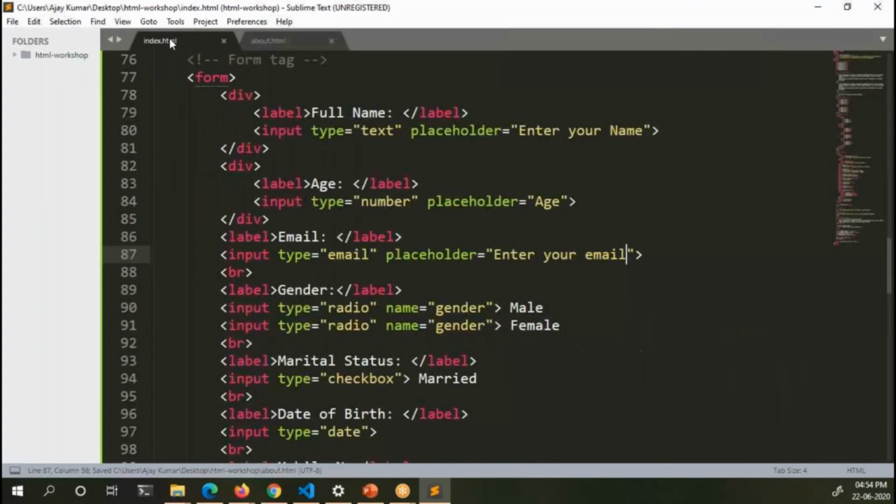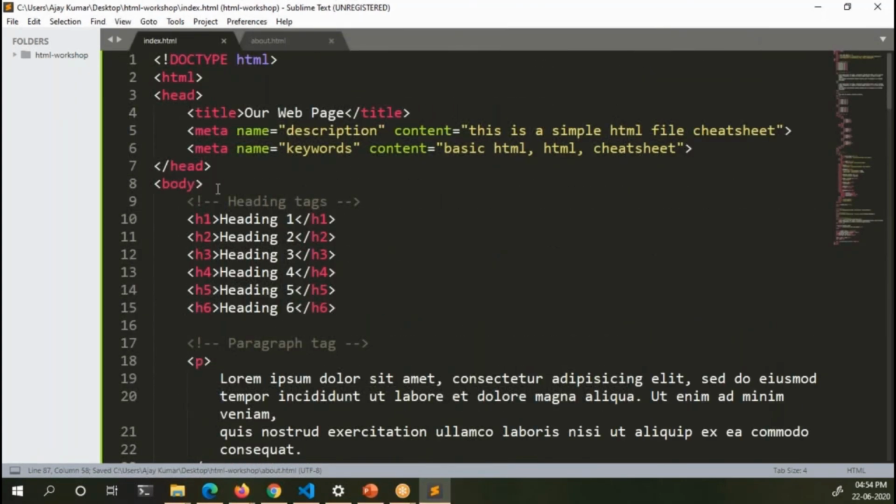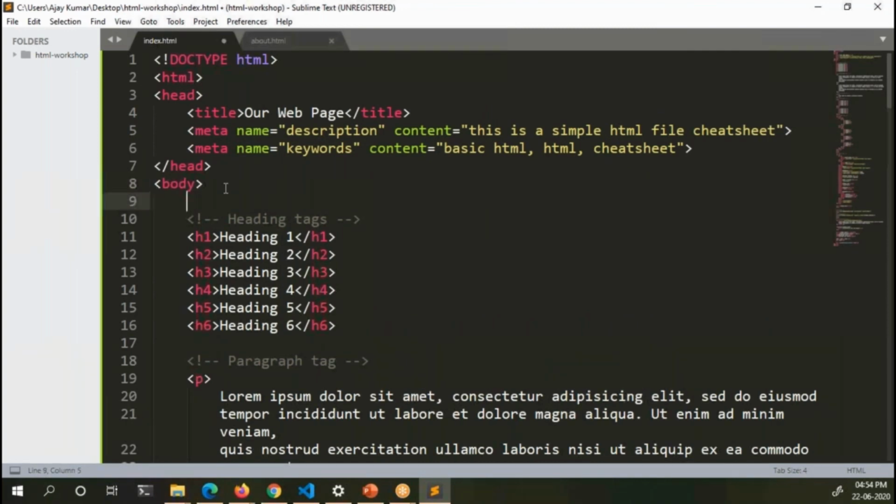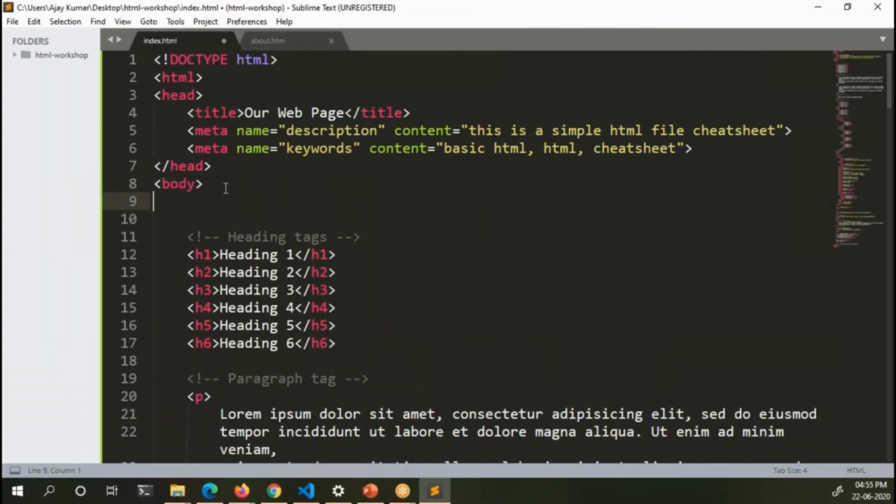In a similar way, in the index.html also, at the starting before headings, I'm going to add a simple hyperlink tag with href equal to about.html. About us.